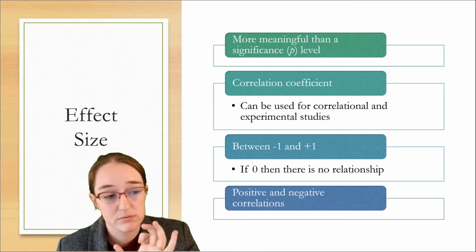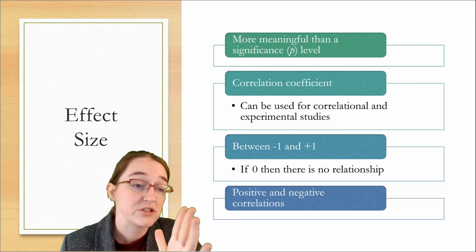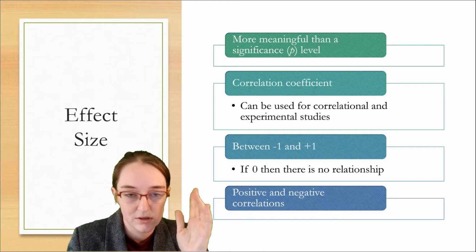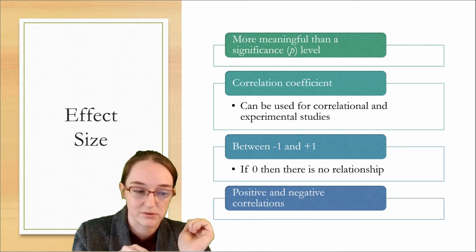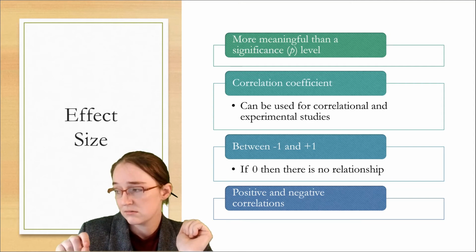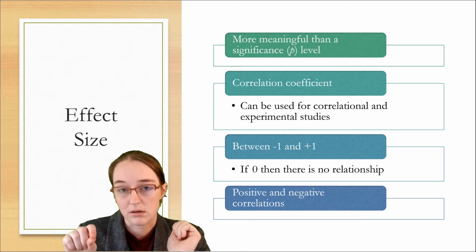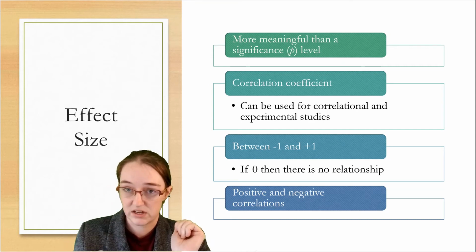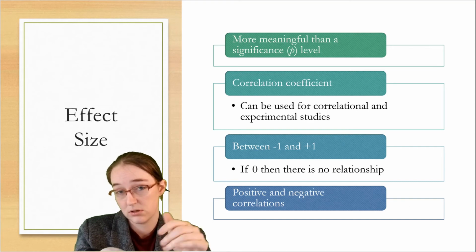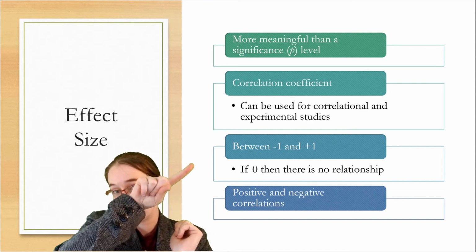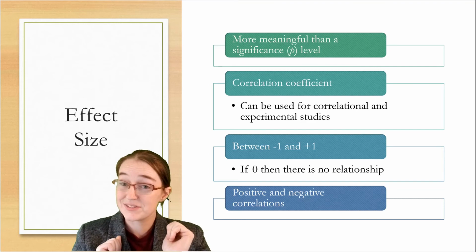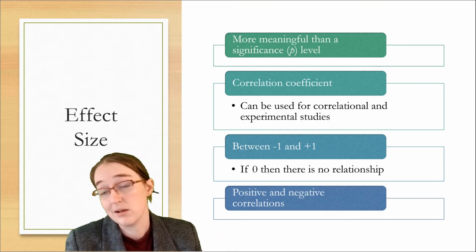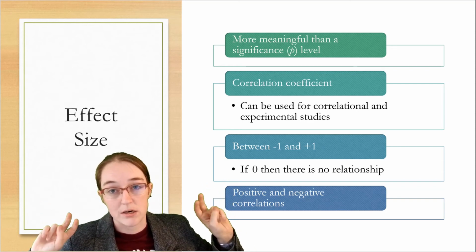It measures the relationship, and correlations less than 0, so a negative correlation, suggest that there's a negative association. So increases in smoking are linked with decreases in longevity. More smoking, less of the other thing. That's a negative association. I've got a picture on the next page, but it's a diagonal down. Positive association means correlations above 0. And the closer to 1 or -1, the stronger it is.